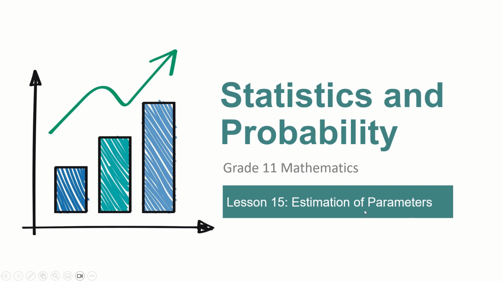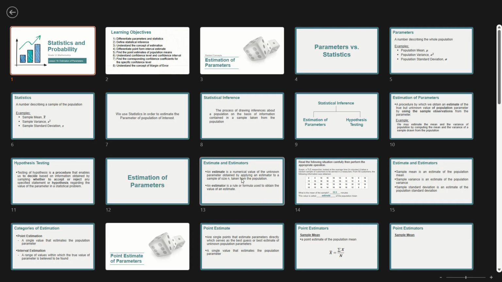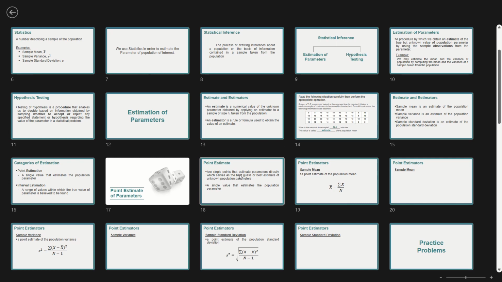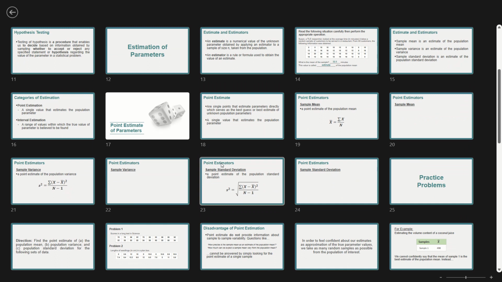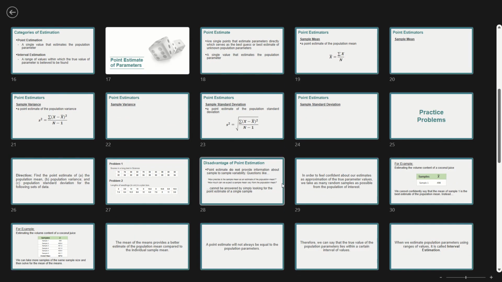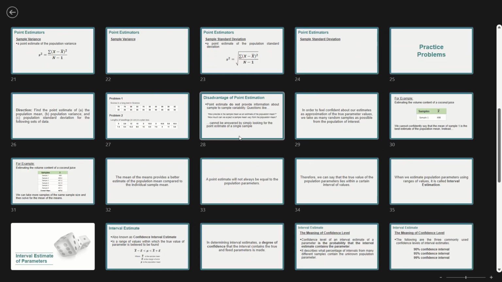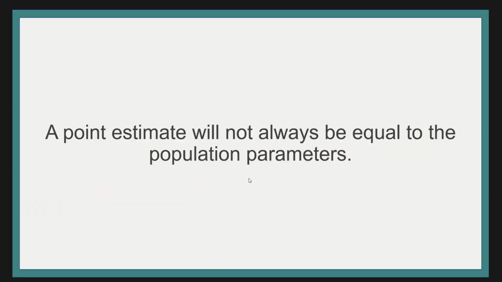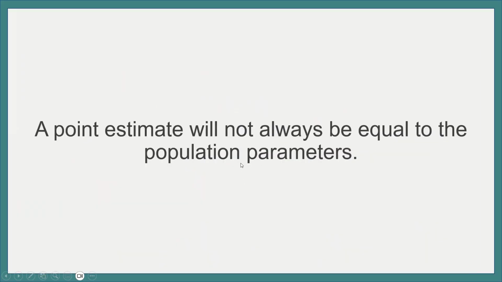So in the previous video, we learned how to find the point estimate of a population parameter. So specifically, the point estimate of the population mean, the point estimate of the population standard deviation, and the point estimate of the population variance. We also mentioned in our previous discussion that the point estimate of a population parameter will not always be equal